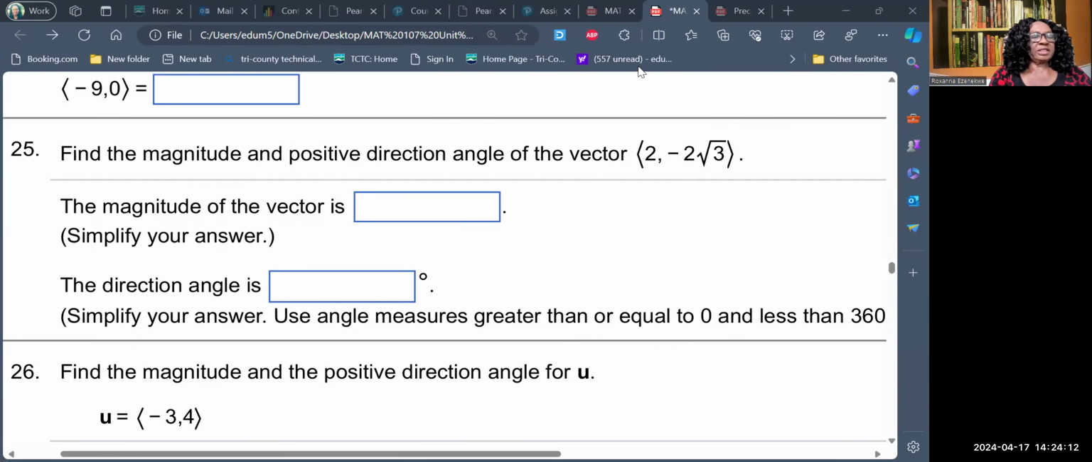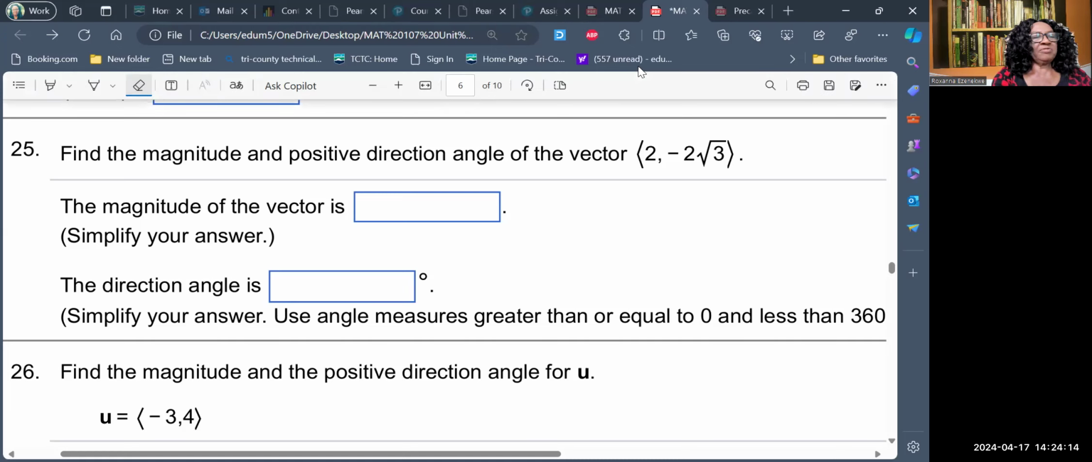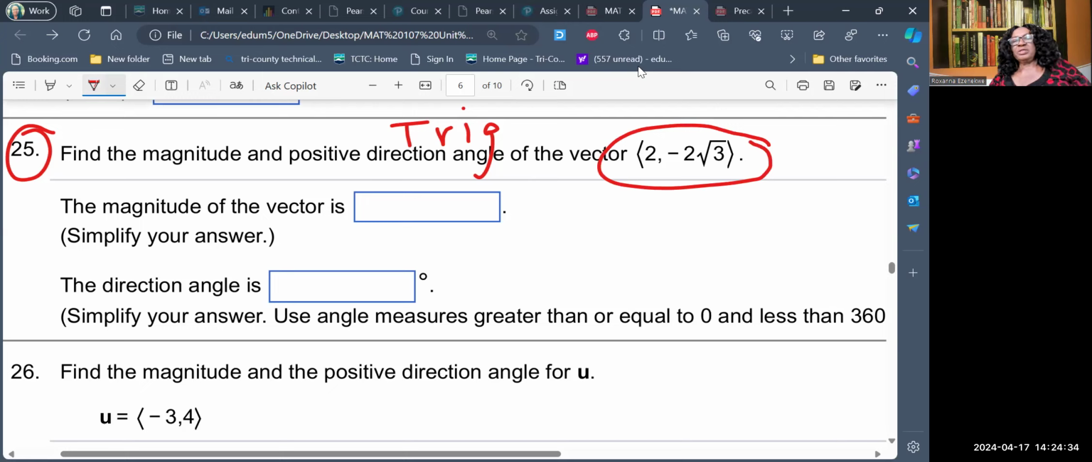All right, let's work on number 25. Question number 25. This is for exam review trig. All right, find the magnitude and positive direction of the vector 2,